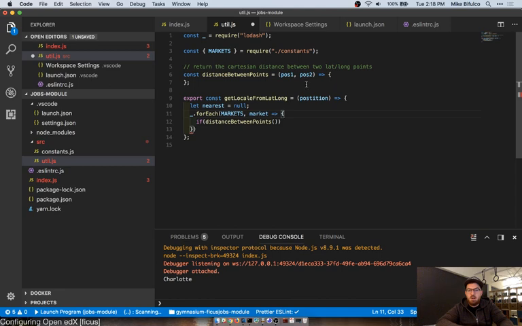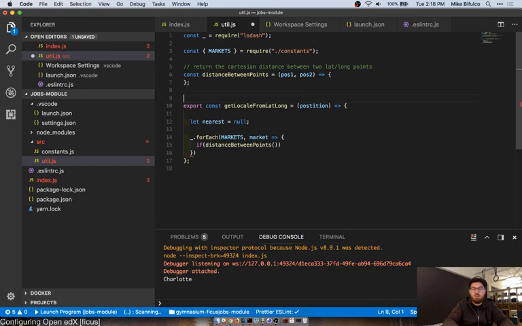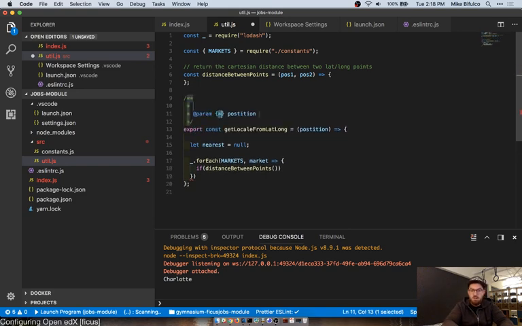So, in this function, I'm going to pass in a position. Given that position, I'm going to determine, this is called JSDoc. I figured how to do this.